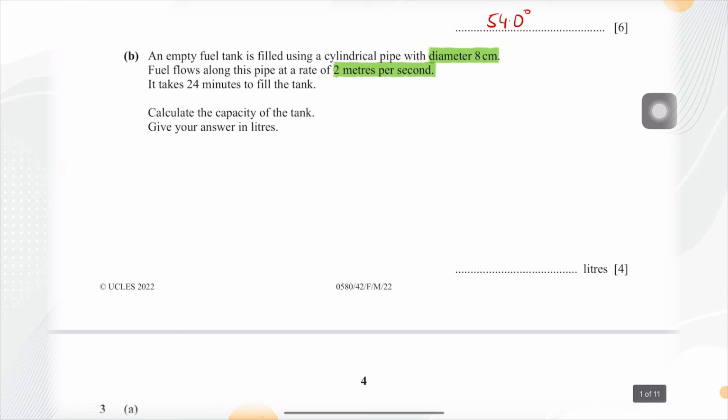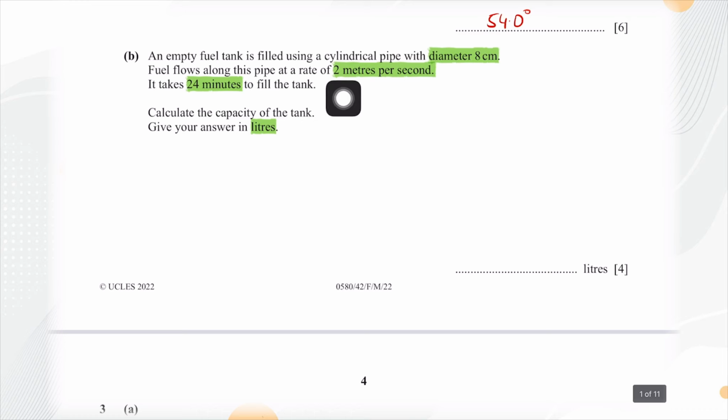Okay, and now we have the time, which is in minutes. So it says that it takes 24 minutes to fill the tank. Okay, calculate the capacity of the tank. Give your answer in liters. Okay, now let's read the question again, this time a lot more slowly, so that we really understand what we